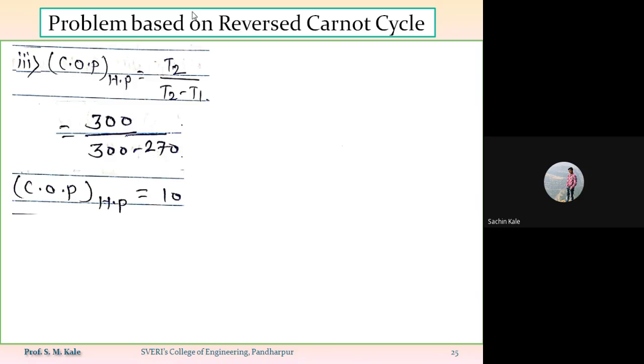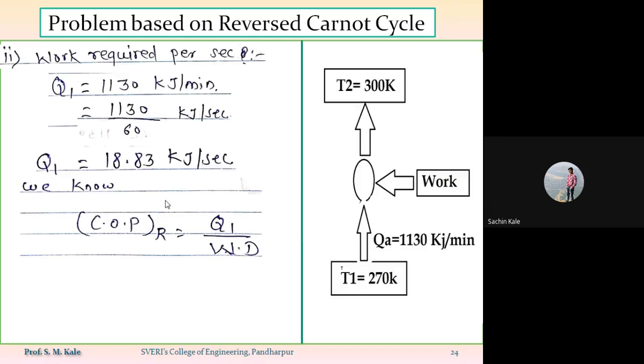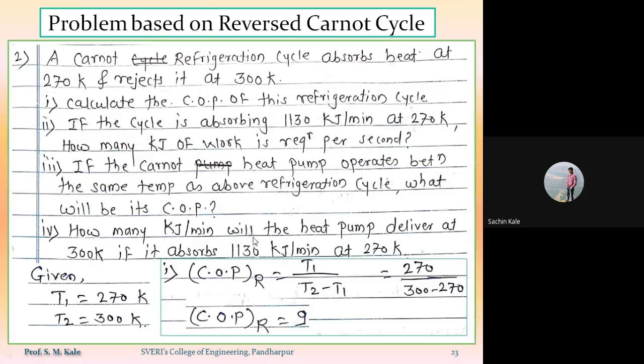So you can find out this value by using the formula COP of heat pump is equal to COP of refrigerator plus 1, or by another way, COP of heat pump is equal to T2 divided by T2 minus T1. So COP of heat pump is nothing but 10. Now fourth one. What is the fourth one? Fourth one is how many kilojoule per minute will the heat pump deliver at 300 Kelvin if it absorbs